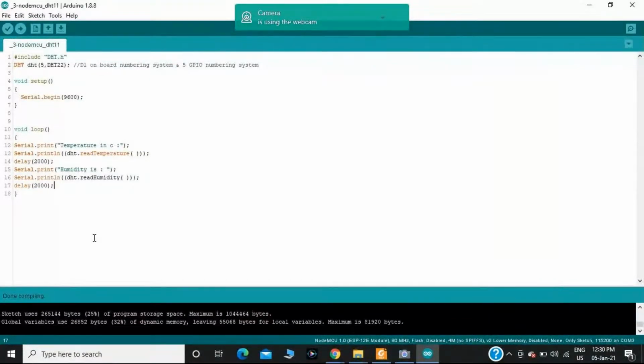Now I'm compiling the sketch. Okay, done compiling. Now I am uploading this code to the NodeMCU.